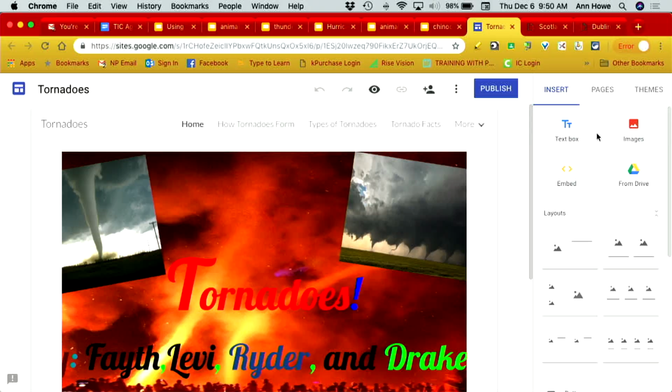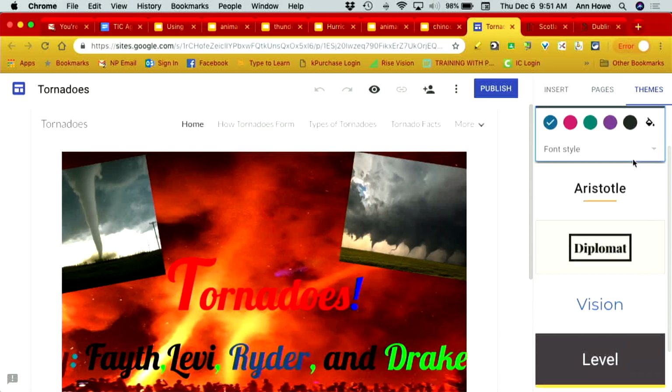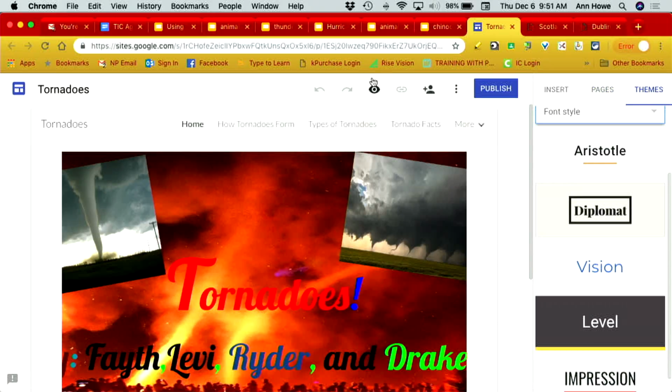You either add a text box, an image, embed a video or a link, or you put in something from Google Drive. Here's the different pages. You can create a new page right there, or a new link. You can change your theme. But then when you're done,